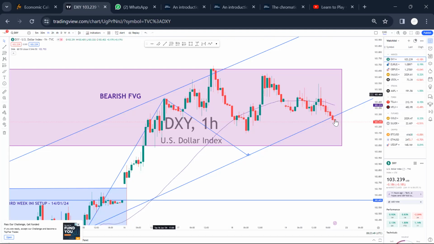Price is still below the 50 EMA, and at the same time below the support level, right? Now, even though it is here, anything is still bound to happen because the price has not actually moved far away from the 50 EMA and the support line, right? And we are still in the fair value gap. So anything is bound to happen.